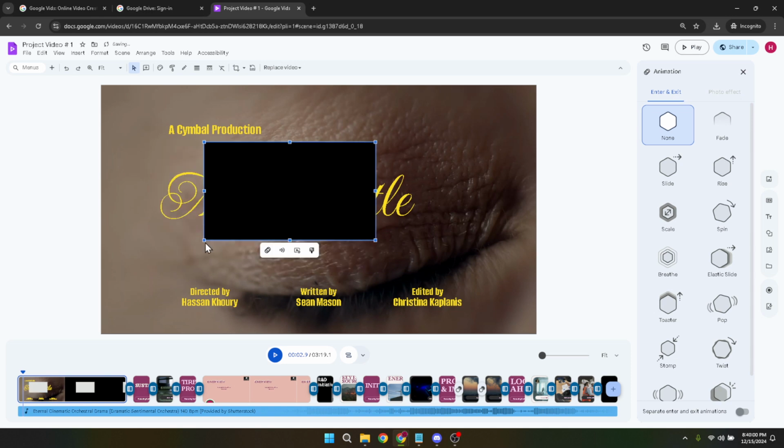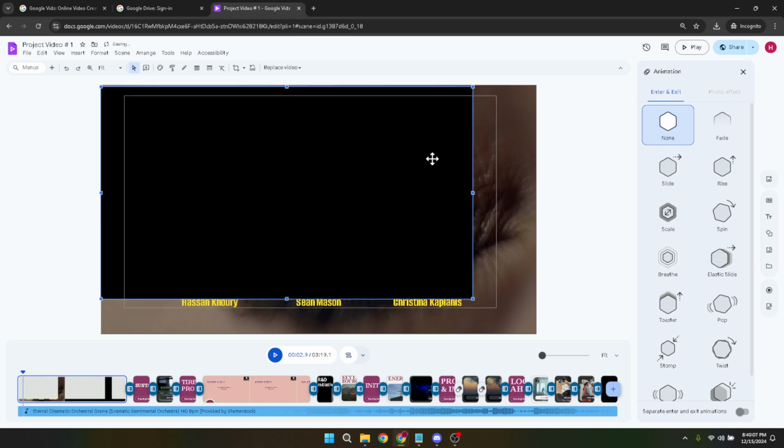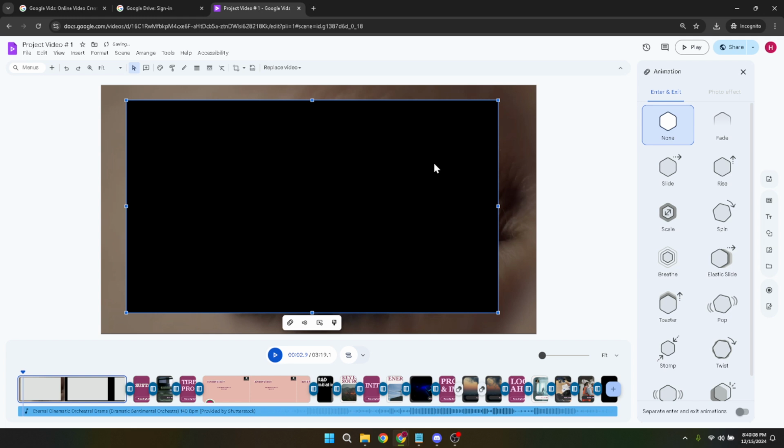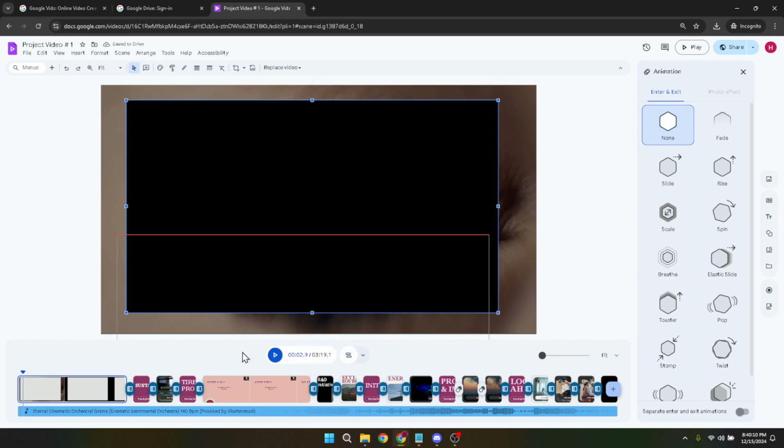Whether you're trying to make it fit a specific layout, accentuate certain elements, or simply adjust it to a more viewer-friendly size, this tool gives you the flexibility to do so. As you're resizing your video, take a moment to preview the changes and make sure it fits your vision. The beauty of Google Vids is that it allows you to iterate quickly. You can easily adjust the size back and forth until you find the perfect dimensions for your video.